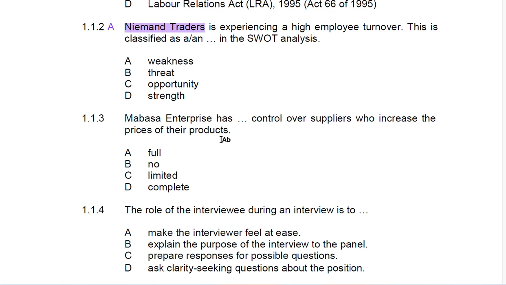Now, by the look of things, what would you say? In no circumstances do we believe that Mabasa will have complete control. However, based on the information that we are provided,